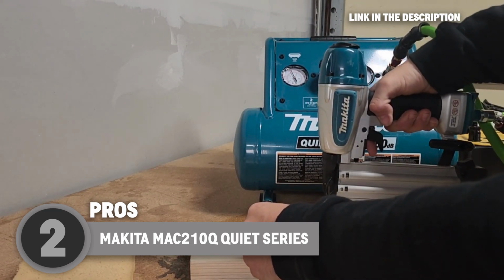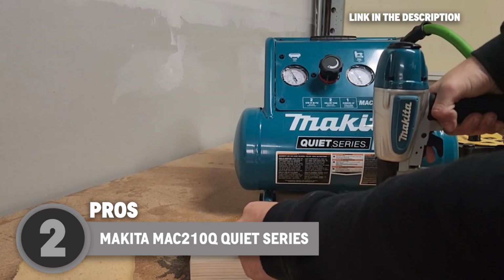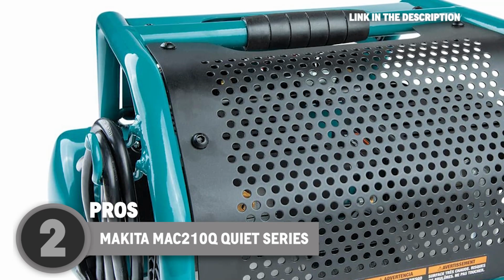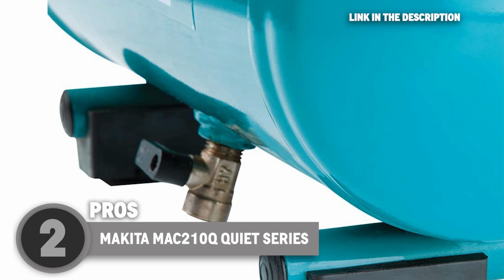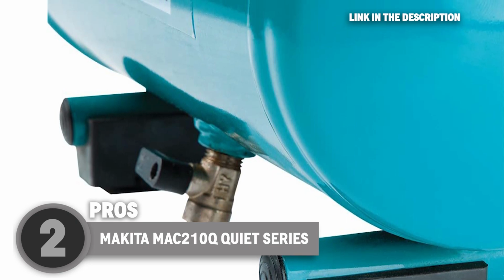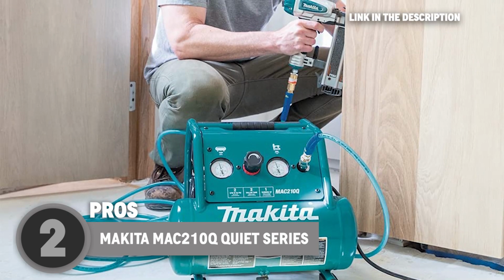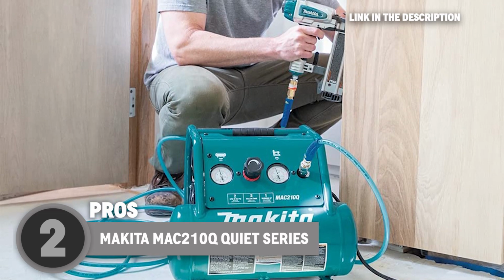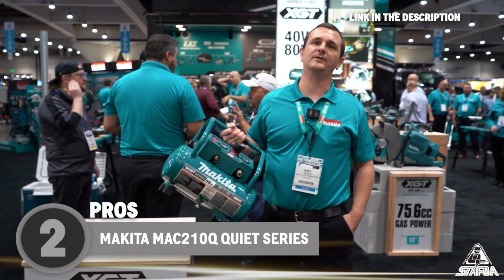It also features a 1-horsepower motor and a 2-gallon tank, which makes it great for a variety of pneumatic home tools. For maximum durability, the MAC210Q features a complete roll cage construction that allows for maximum protection. This means it can withstand the rigors of heavy use on construction sites, in transit, and in storage facilities. To back up the unit's reliability and longevity, it features an oil-free, dual-piston pump designed for maintenance-free operation. And for added convenience, it even has large pressure gauges for easy monitoring and cord-wrap storage to keep things neat